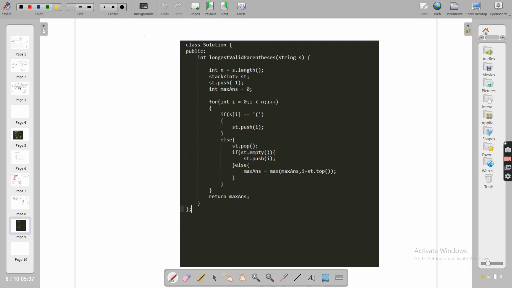See, I'm not writing this solution as such right now because I hope the way I told everything is clear for you guys. So this is the length. I could have directly used length here, but no problem. I formed a stack and I pushed -1 first of all, and a maximum answer variable, which is 0. This is what I'll return here. Initially it was -1, the dummy variable -1 we put.